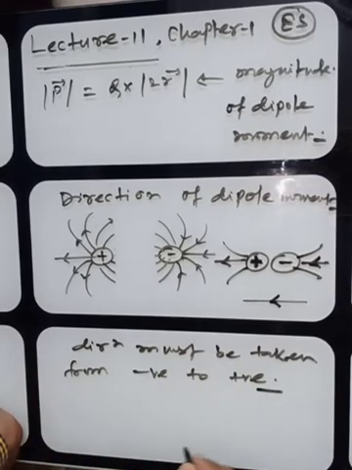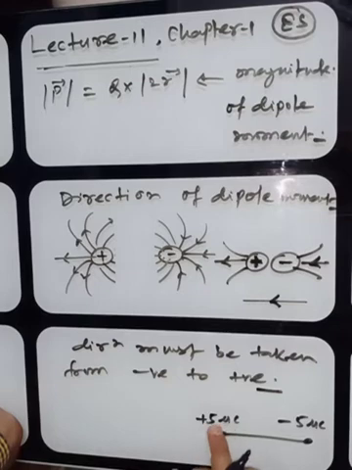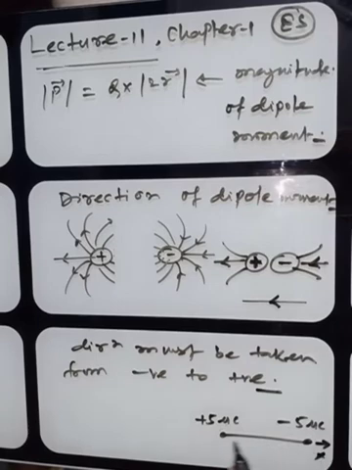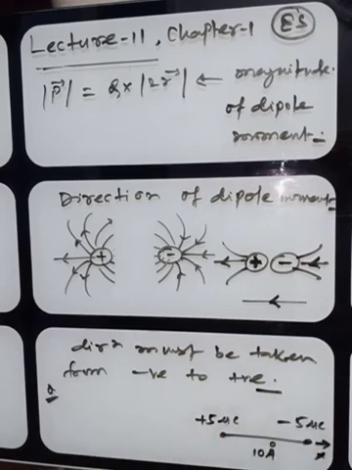Okay, if we are having here 5 microcoulomb and another charge minus 5 microcoulomb over the x-axis, then what will be the direction of dipole moment? So at any point the direction of dipole moment you can represent from negative to positive, and if the separation is 10 angstrom and you have been asked to find the magnitude and direction of dipole moment, then you can solve the direction